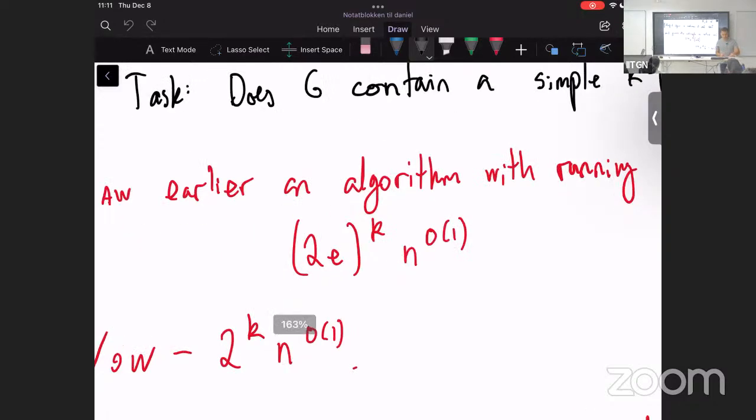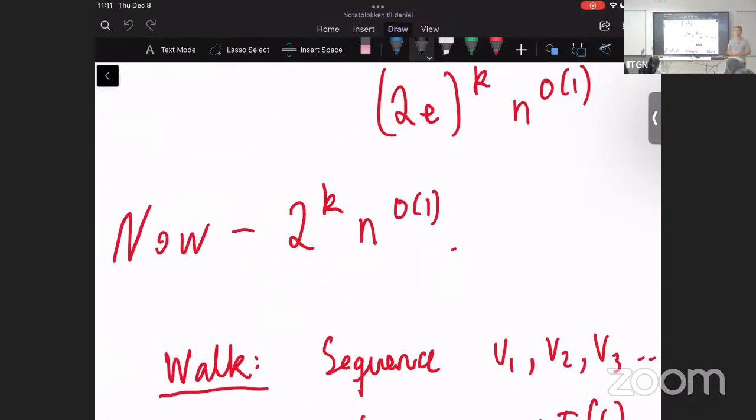What we're going to do now is see a faster algorithm, whose running time is 2 to the k times polynomial. And this is quite interesting because, as we'll see later today, we'll be able to get a deterministic algorithm for k-path with running time 2e to the power k. However, at present, there is no deterministic algorithm for k-path known with running time 2 to the k. So we're going to now see a randomized algorithm, and we don't know whether it's possible to derandomize it and get the same running time or not.